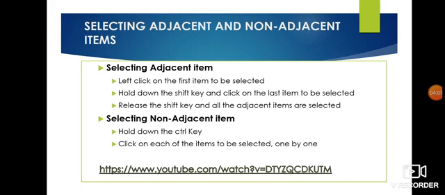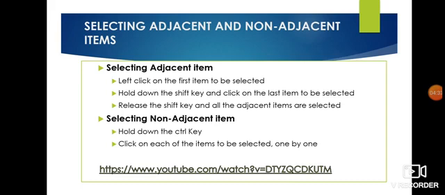Now release the shift key and all the adjacent items are selected. This way you can select adjacent items, that is, in serial manner.